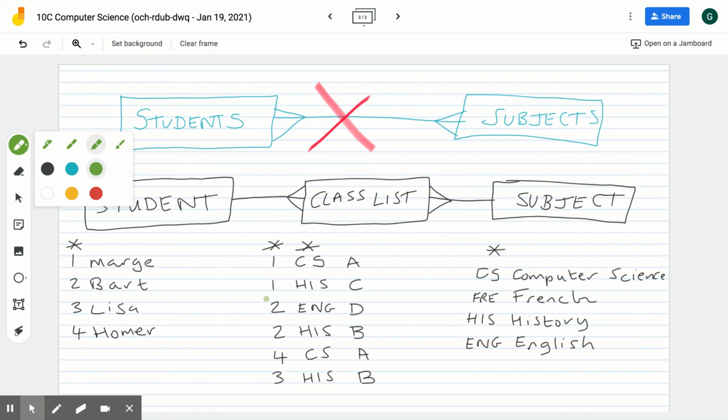So if we think of 2, let's just take 2 and ENG. So that 2 means Bart. That's a student ID, it means Bart. And that ENG, we look up here in the subject table, well, that means English. We can only have one record in this table that is a combination of Bart and English. It's telling us that Bart takes English. It's also telling us his target grade for English. So that's what we do then when we have a many-to-many